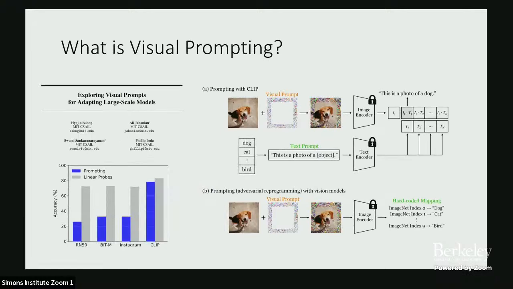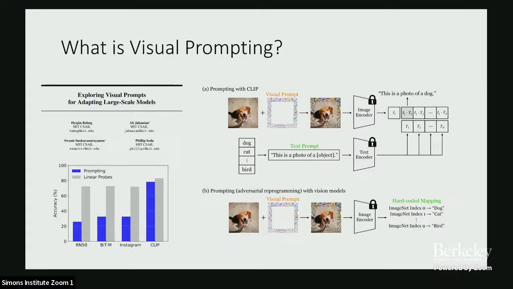So kind of independently, about 2 years ago, a group of researchers from MIT invented this word, visual prompting. What they are doing here is, again, very similar, and they actually add adversarial reprogramming as a baseline as well. So you add some visual prompt here. The visual prompt is nothing but these input transformations that we introduced in the model reprogramming framework, and then they are going to also assign some output label mapping to solve a downstream task.